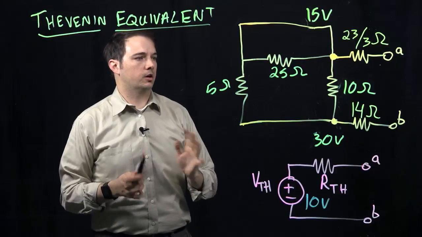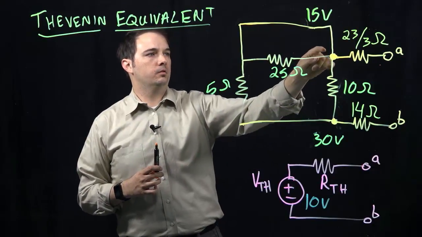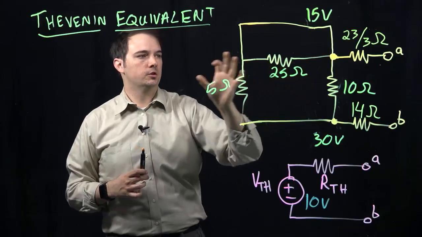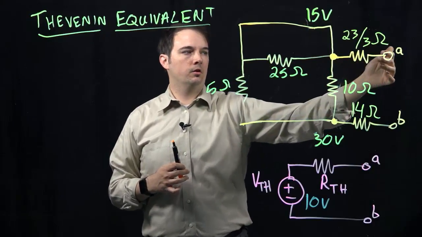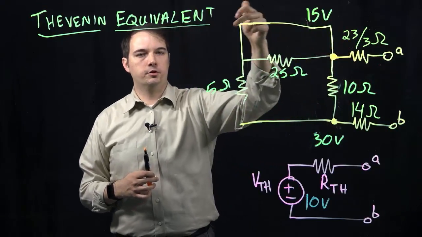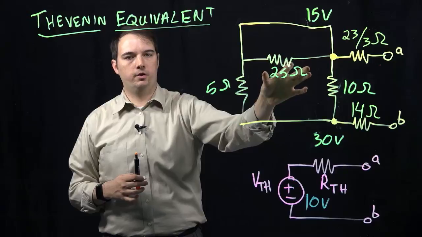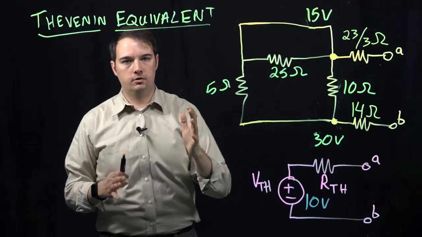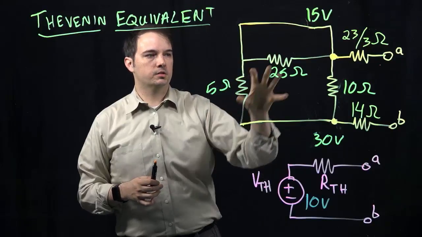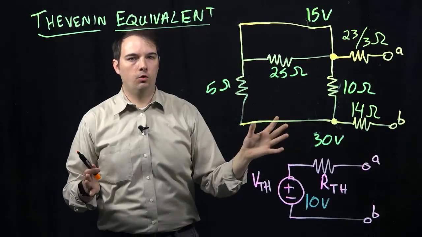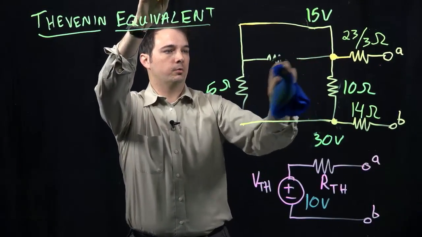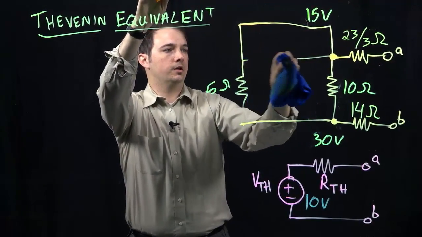First, we notice that we have a short here across this 25 ohm resistor. Remember that if I were probing this circuit with some current, the current would always travel through this short circuit. It would never travel through this 25 ohm resistor because it always travels along the path of least resistance. So in order to find the equivalent resistance, this 25 ohm resistor plays no role in that outcome,